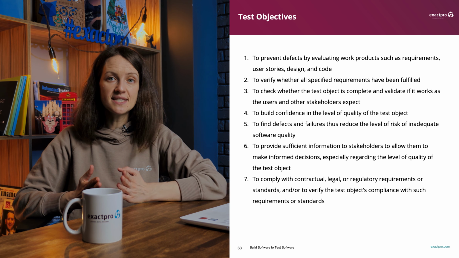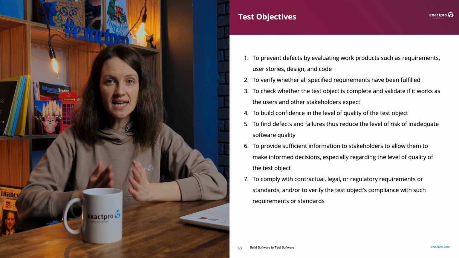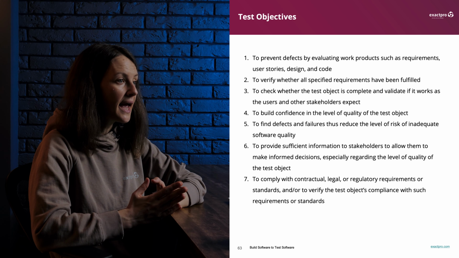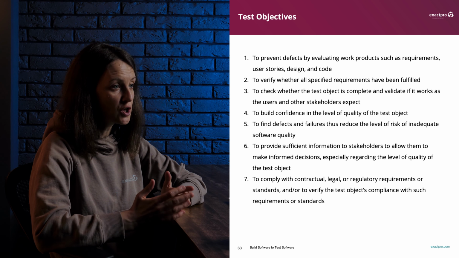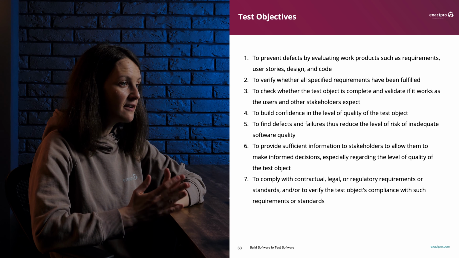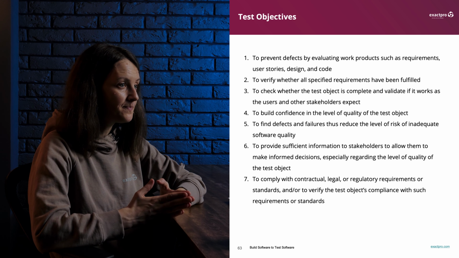The investigation of all stages is just as crucial as testing the program itself. And it's not different from testing, it's still an empirical and technical research process, so finding bugs and avoiding bugs is the same. Objective 2 states, to verify whether all specified requirements have been fulfilled. We've already mentioned that exhaustive testing is unachievable, which means it's impossible to check all the requirements. Whether the goal of testing is mindless box checking of the specified requirements is quite questionable.